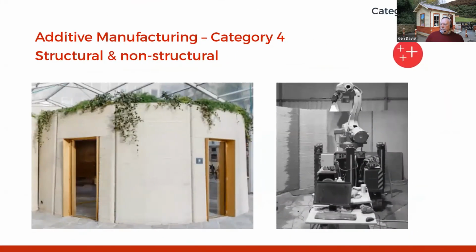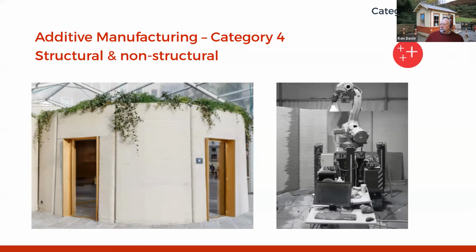Category 4, described as additive manufacturing, is effectively 3D printing. It's developing quite significantly. Designers in the Middle East, China and Italy have all printed 3D houses, but again, there may well be cases where you could 3D print a retaining wall or other elements. The downside is getting the robot set up to actually do the printing, and I think timescale wise, it's not the fastest of operations.